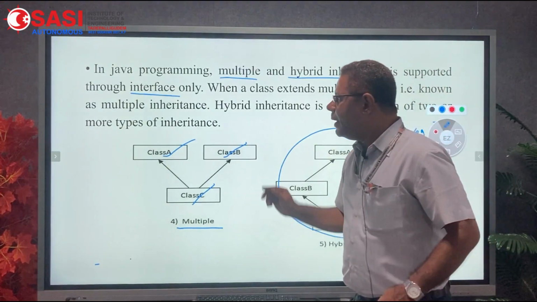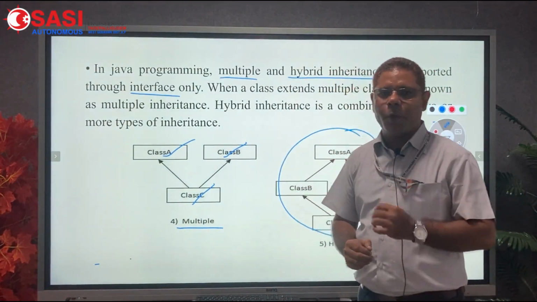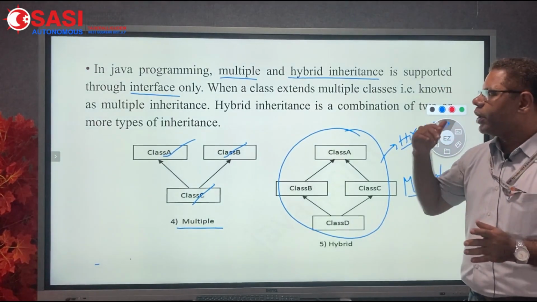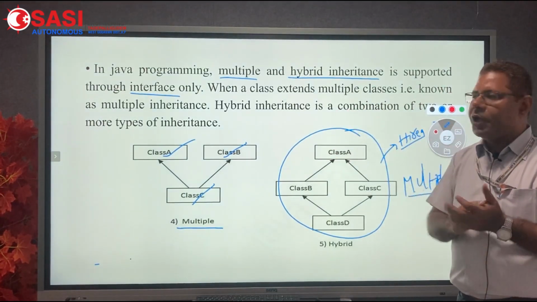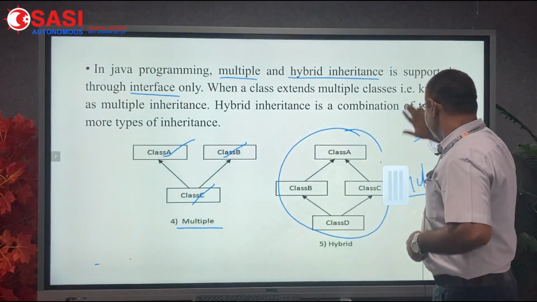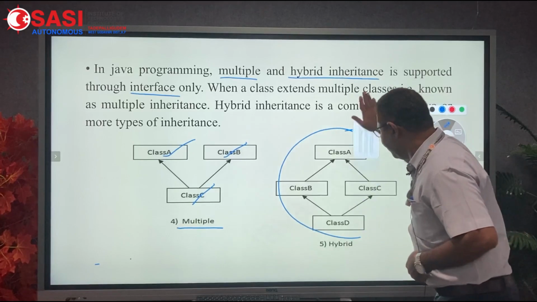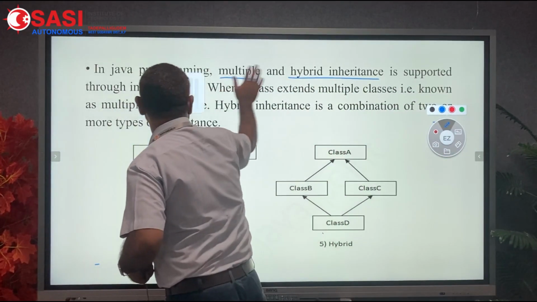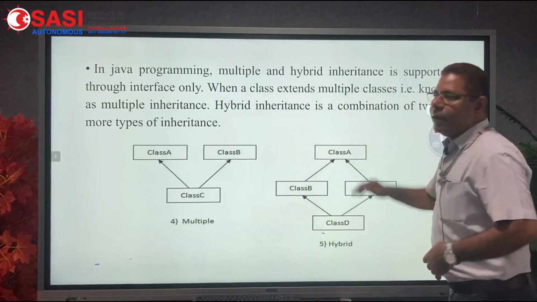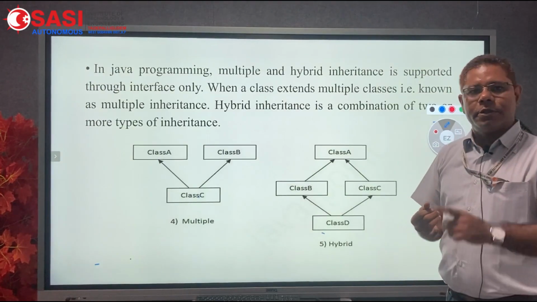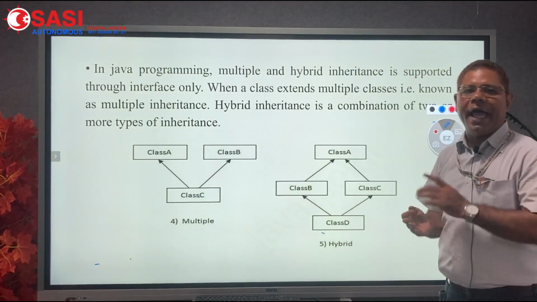So these are the different types of inheritance in Java programming. In Java we have three types of inheritance, and the other two types can be achieved using the concept of interfaces. So this is the inheritance basics. In the next class we can see the examples for single inheritance, multiple inheritance, multi-level inheritance, and the last one, hierarchical inheritance.